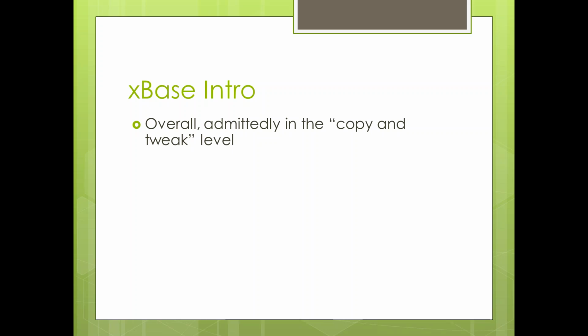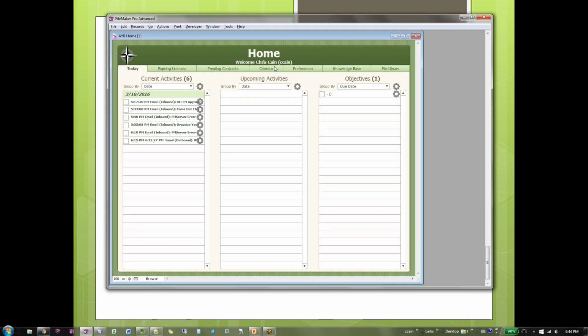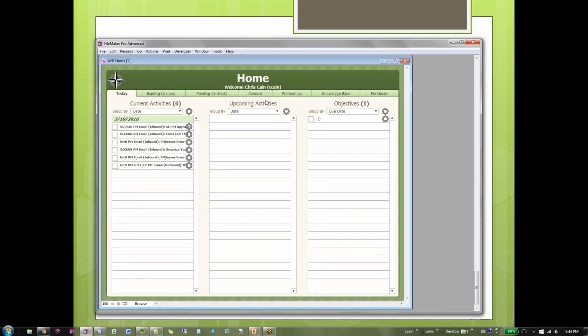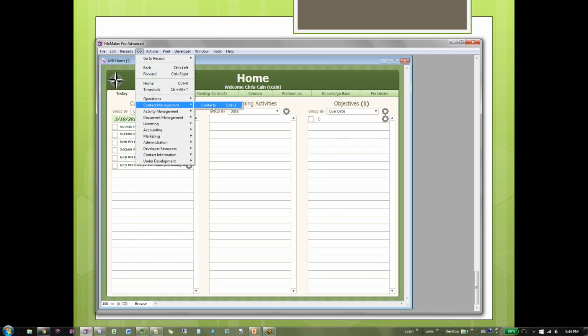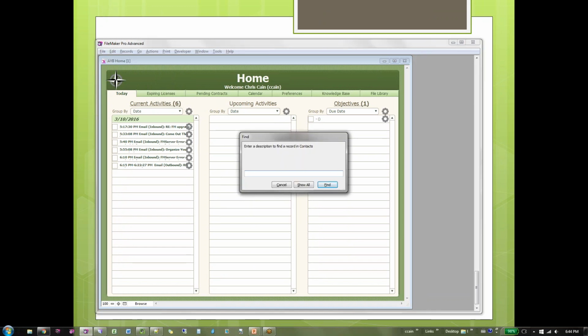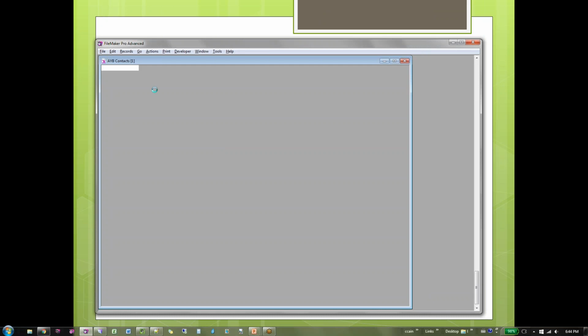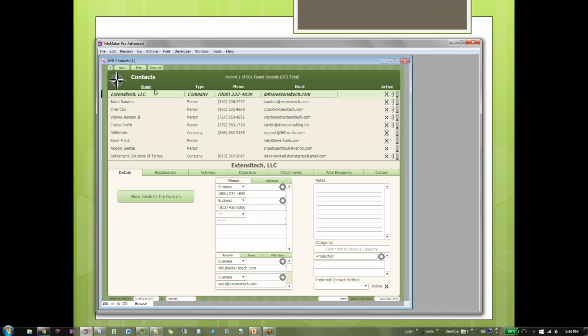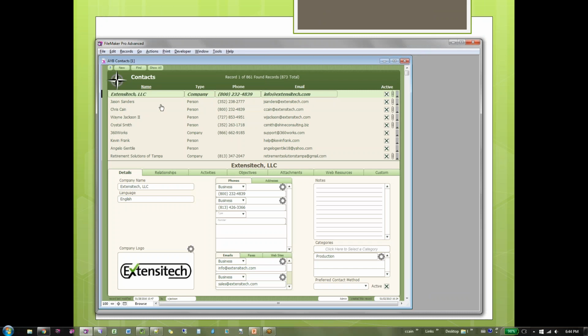This is the solution that we have showing here. This is actually our internal solution, which is based on XSpace. And it has, for instance, a way to navigate around the system. It has a general look and feel. Here's our contact screen. I'm not going to get into all the details of it, but most of what you see here is included in our base solution. It's just kind of a starting point that has all our conventions already in place so that we can build more quickly.